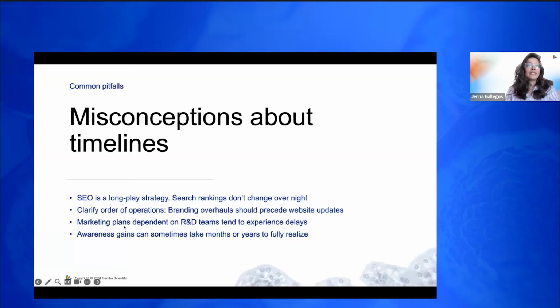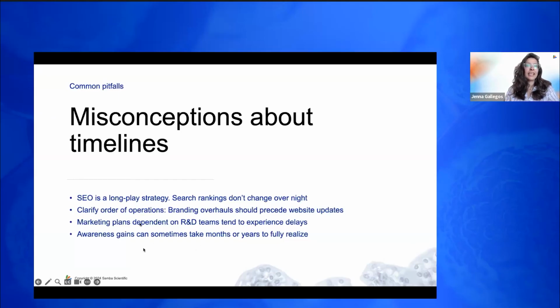Another common pitfall is depending too much on your R&D team. Your R&D team is, of course, the best place to look for technical content, but unfortunately, creating marketing content is not their highest priority. So we'll see companies that end up waiting and waiting to launch campaigns because they can't get their R&D team to put together marketing materials for them. That's why it's important to leverage an agency or someone internally that can both speak the science and speak marketing to put those materials together for you, so you're not bottlenecked.